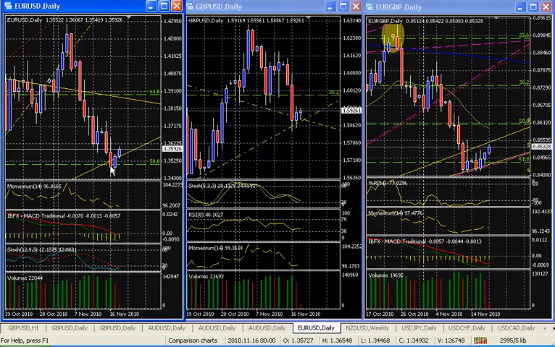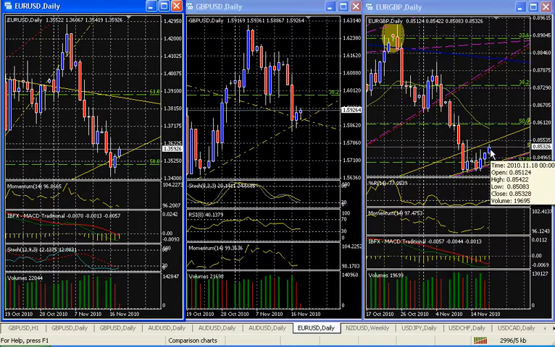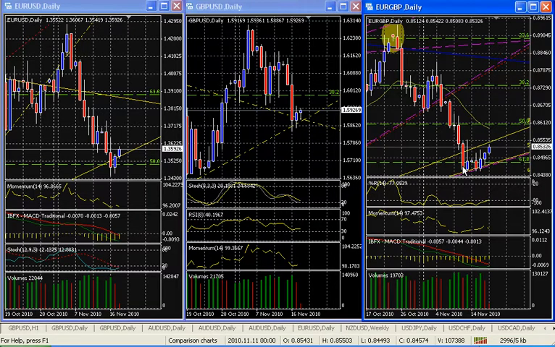Comparing it now with the current price on the cross rate on the euro pound, you would see here that it did make a low on the 0.8449 level, where it stayed and is currently working at